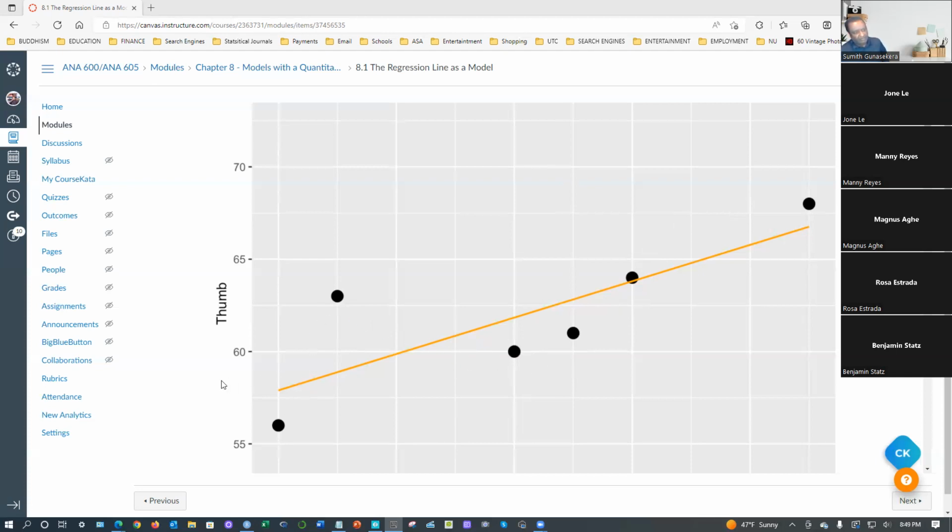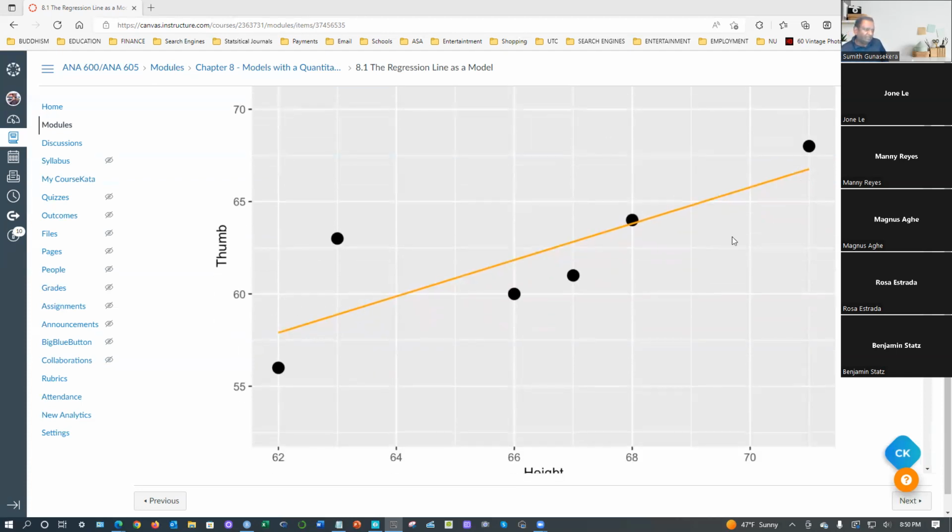In the primary stage, we were thinking about trying to model this data, instead of having it scattered all over the place, with some kind of a straight line. So which straight line is the best fit for this one? That best fit has been decided through mathematics. They decided there's a line which has the minimum sum of squared error, and that would be the best fitted line, which is going to go through the center.